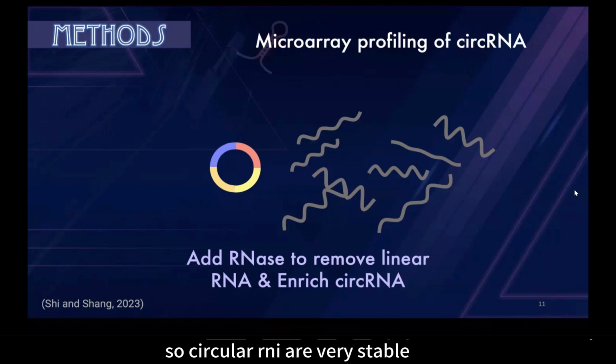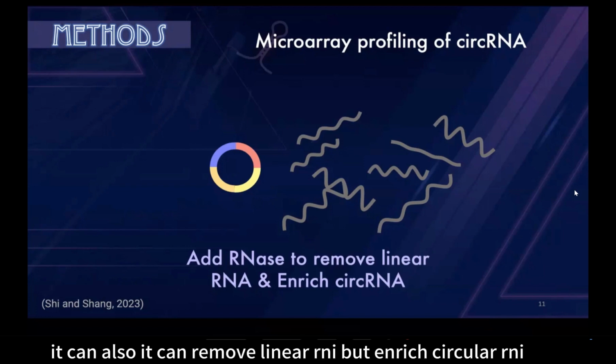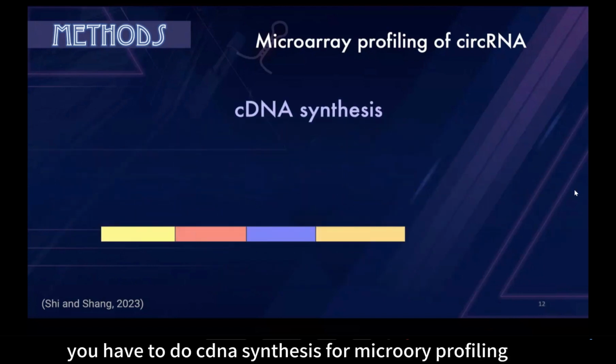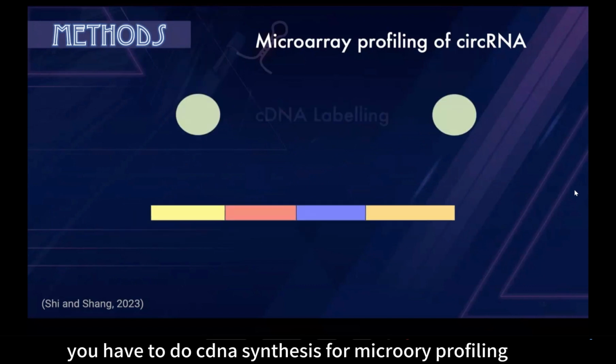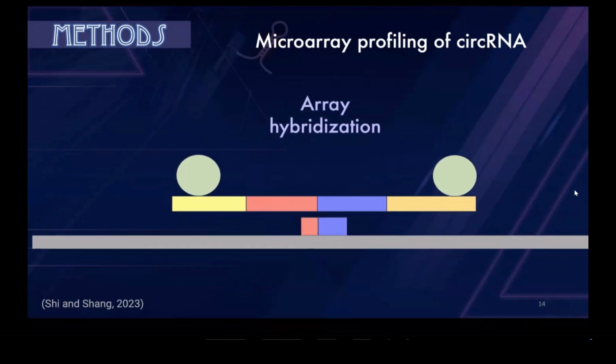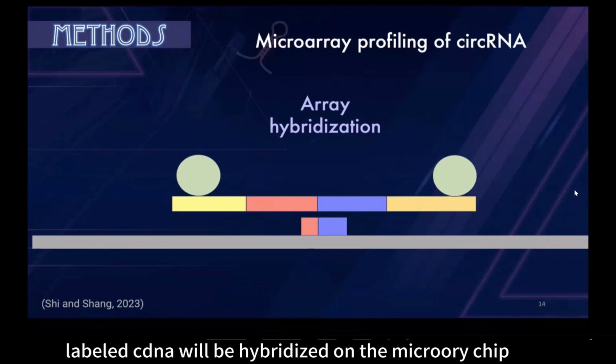So circular RNA are very stable and resist RNA degradation due to their circular construct. Hence, when you add RNase R, it can remove linear RNA but enrich circular RNA. So in this case, you have to do cDNA synthesis for microarray profiling, and this cDNA will be labeled with fluorescence,